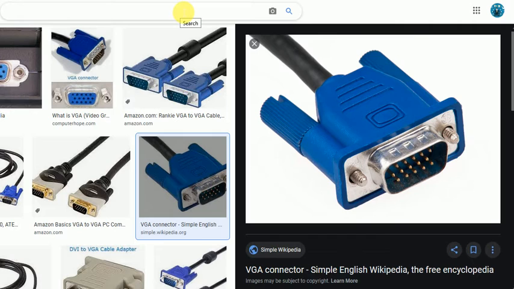So visual display unit, VDU. VDU full name is visual display unit. Our monitor resembles a television screen. It displays both text and graphics. The display can be either black and white or color, depending on the type. The size of a monitor is measured in diagonal length of the screen. Monitors are available in 14 inch, 15 inch, 15.1 inch, 17 inch, 18 inch, 19 inch, 19.5 inch, etc.